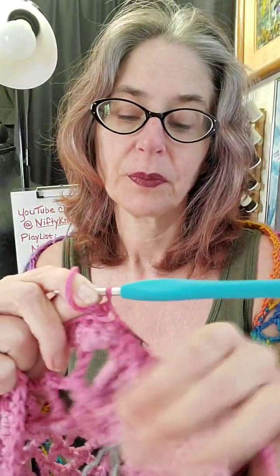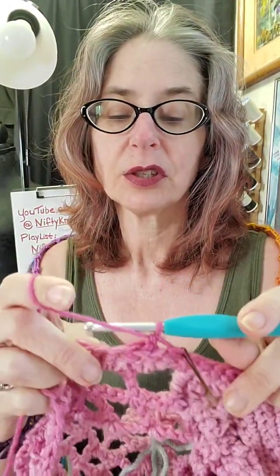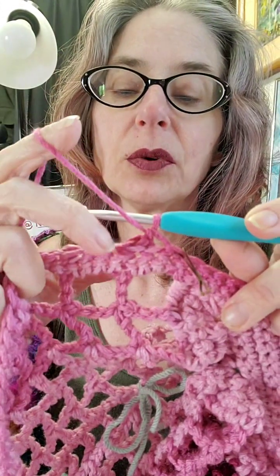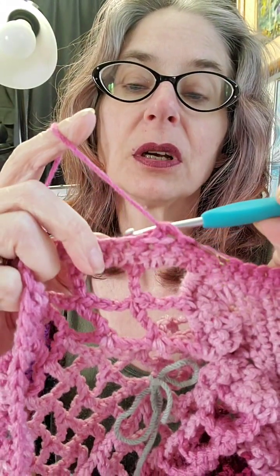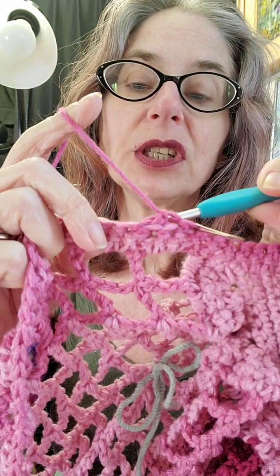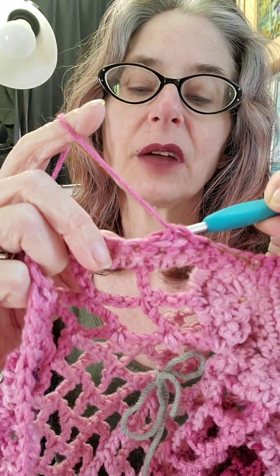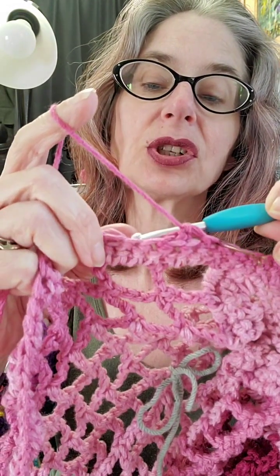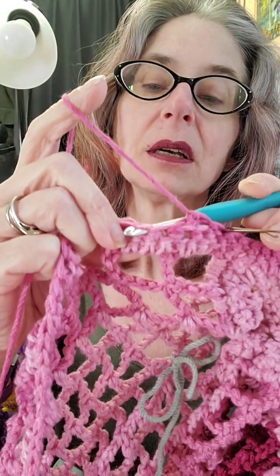So this was where we left off. This is where we're going to start. And again, you just have to be careful because you see where you put that third stitch. You put that third stitch into here. You don't want to mistake that for an empty stitch. You want to go to the next empty stitch to do your next